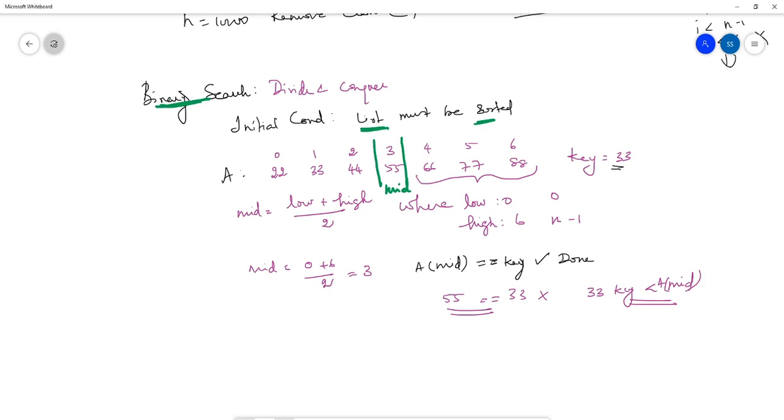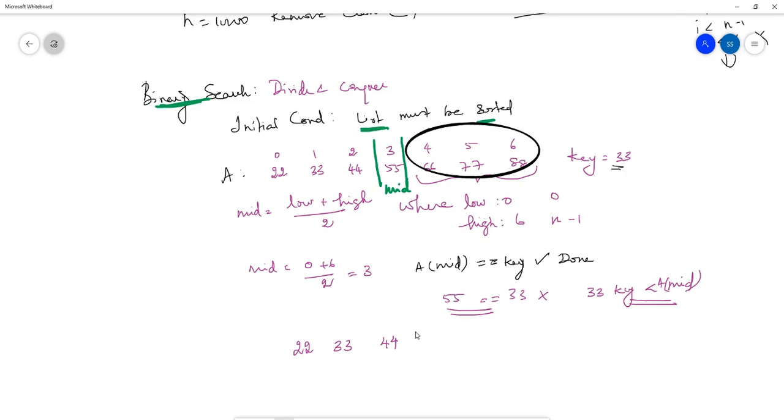So we totally discard this part of the list. So this part of the list is not going to be considered for searching anymore. So the remaining set of values, that is 22, 33 and 44 alone will be checked for this key value